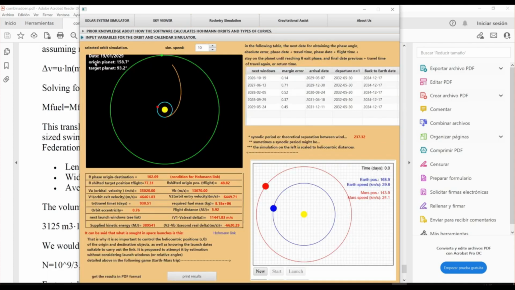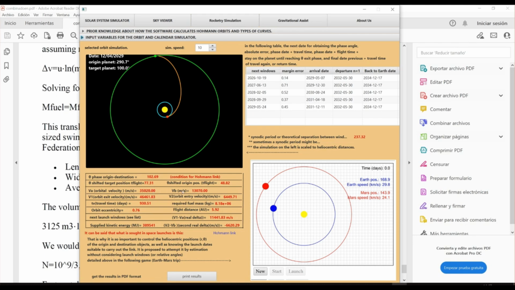The simulator calculates data such as the next 5 available launch windows. When possible, note that the built-in API data only goes up to the year 2100, which may be limiting for Neptune-bound missions at low velocity. It also shows the error margin, the arrival date of the spacecraft at its destination, the next alignment date at the destination for a possible return to the origin planet, and the return to the origin planet, displayed in the